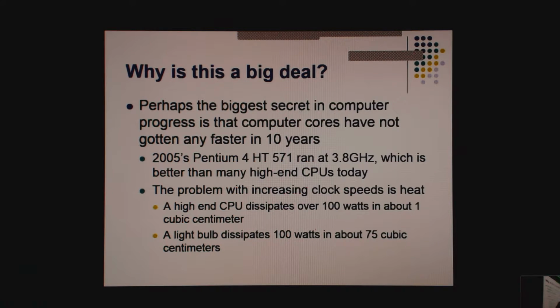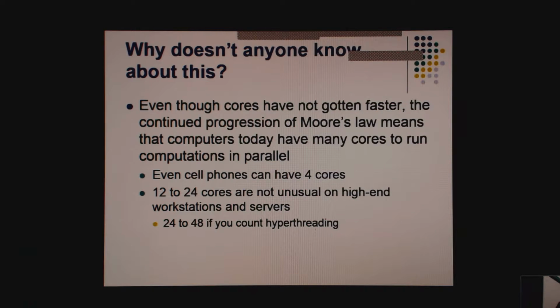Consider that a high-end desktop or server CPU dissipates well over 100 watts in a cubic centimeter. An incandescent light bulb dissipates 100 watts in 75 cubic centimeters, and just try grabbing one, right? That's a lot of heat to dissipate in a small space.